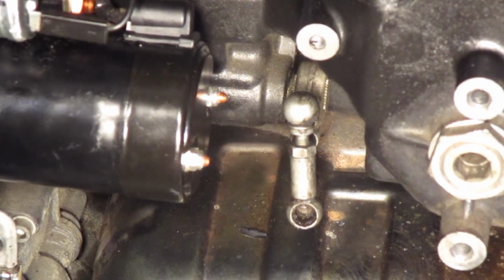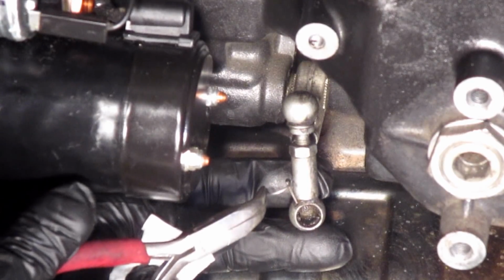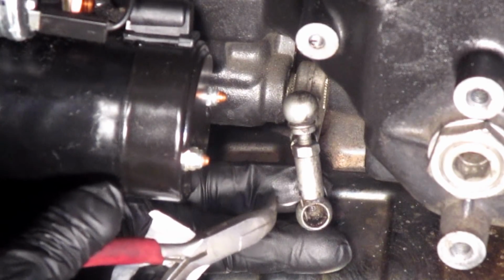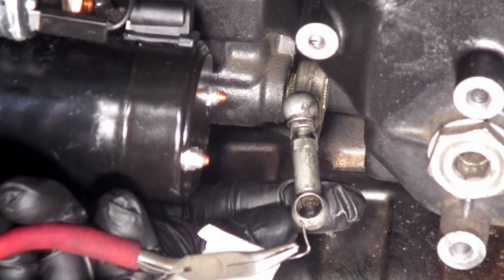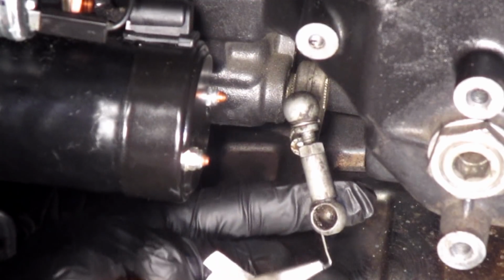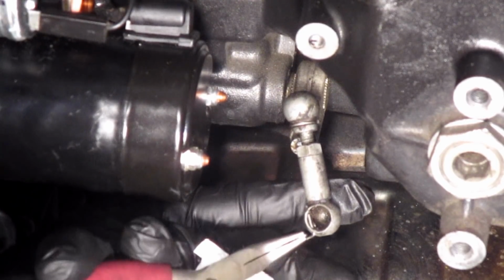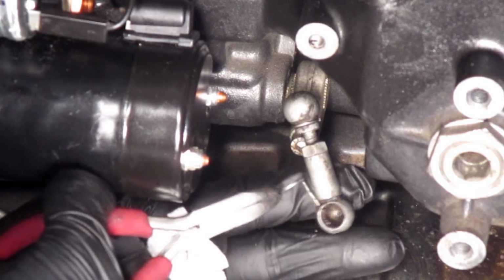Explain a bit about these clips. This fits down through a hole in the top of the ball. There's a corresponding hole in the bottom. Clean that hole out first, and make sure you can run the pin all the way up through the wrong direction. Then you can come back around